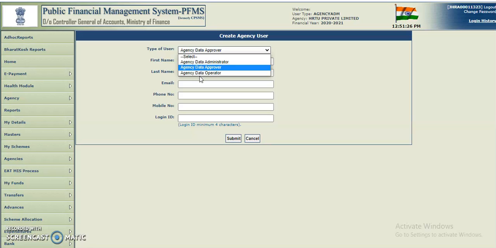So first we have to create a data operator who will make all the entries in PFMS, and then a data approver who will approve those entries, then only the payment will take effect. So first you go to data operator,